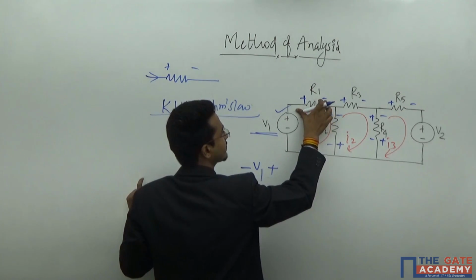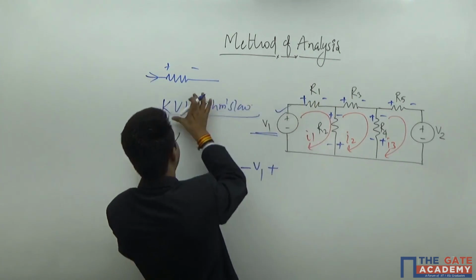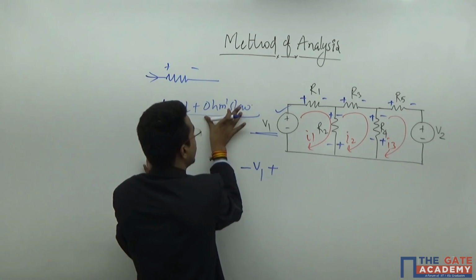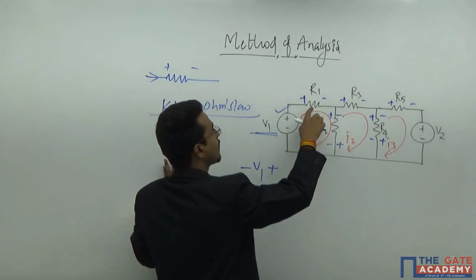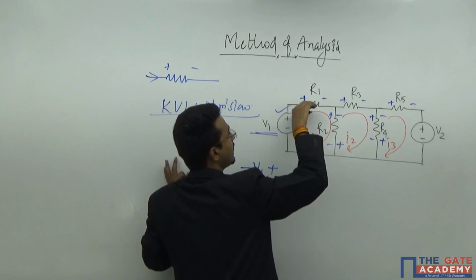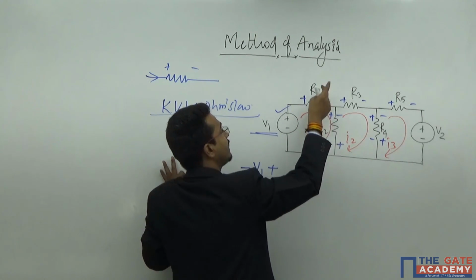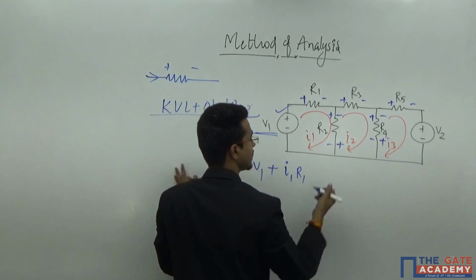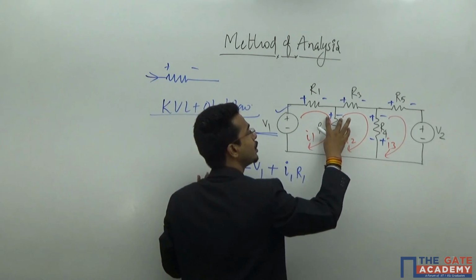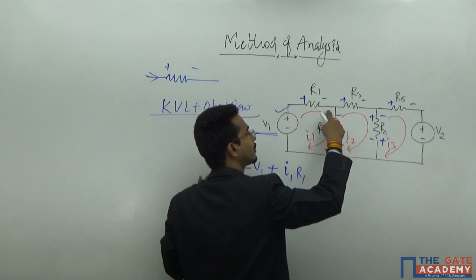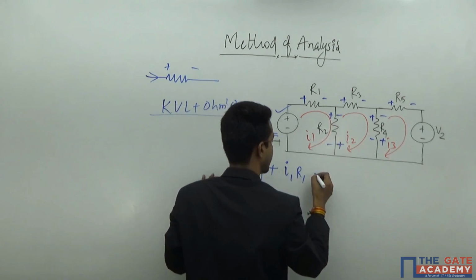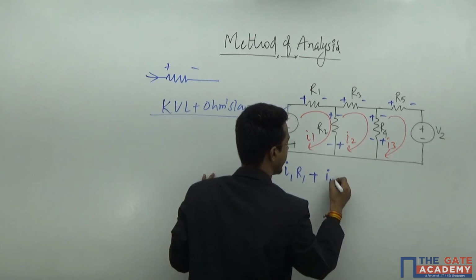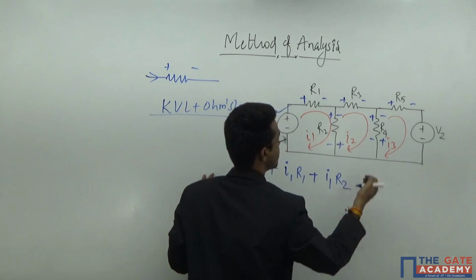Now, voltage across this. I don't know the voltage directly here. That means I will follow Ohm's law here. V equals IR. The current is only I1 in this, so it is I1 into R1. Now, again, here I am seeing two signs. Firstly, I will write for this. Secondly, I will write for this. That means plus I1 R2, and then a minus sign.